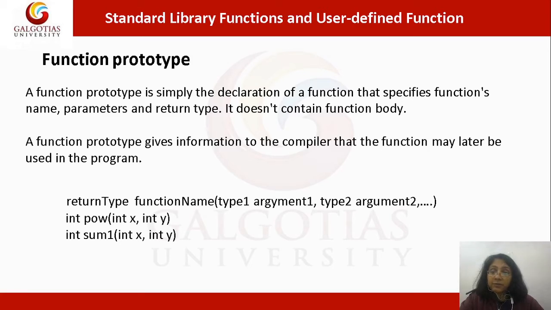Now the syntax of writing a function prototype is return type, function name, and the list of parameters in a particular order. For example, suppose you have a power function, so you need to write down first the return type, which is int, the name of the function, power, and the parameters: int x, int y, where x and y are the parameters and int is the data type. Similarly, for sum1 also, here the return type is int, the name of the function is sum1, and there are two parameters, one x and